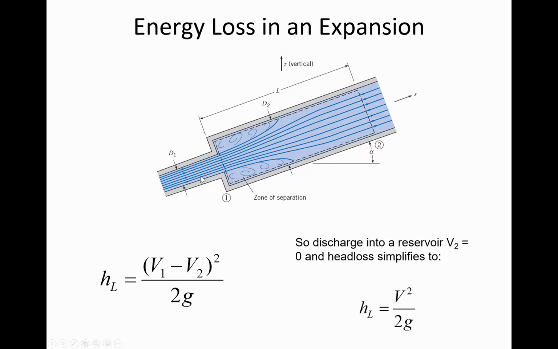look at the difference in velocity between the inlet and the outlet. And so here you can see this simplified approach to calculating what would be the head loss that occurs in an expansion. And if water is flowing into a reservoir, then what's lost is the entirety of the velocity head. So if you have water that's moving in a pipe, it has velocity head, and suddenly it discharges into a tank, then there isn't going to be any remaining velocity head when the water goes into that stationary water inside of the tank.